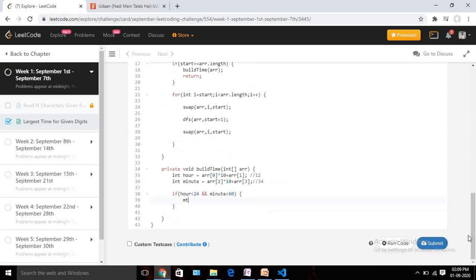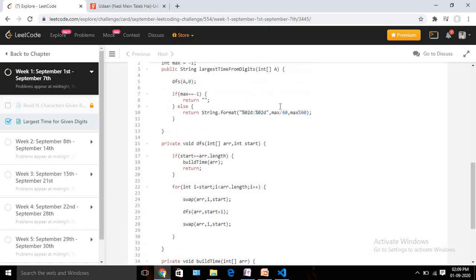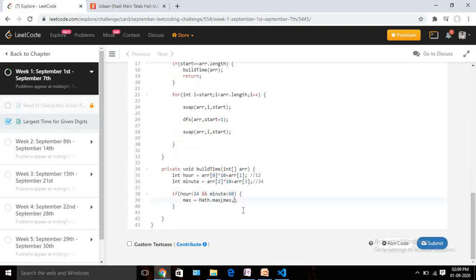Initially it was -1, so I am going to use the math.max function and compare. We convert the time into minutes by multiplying the hour by 60, because we are not storing the formatted time; we are just formatting it later by dividing by 60. So whatever my hour value is, I multiply it with 60, then add the minute value, and take the maximum one. I think that's pretty much enough for the build time function.